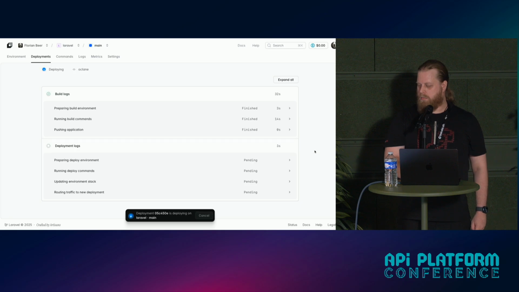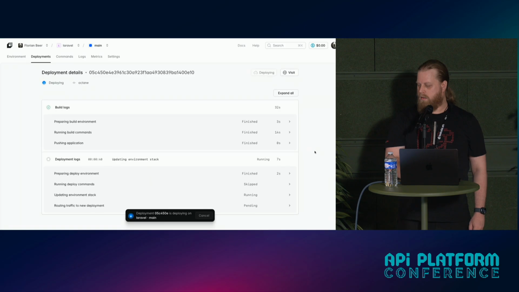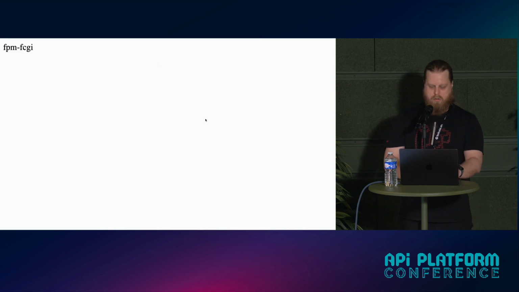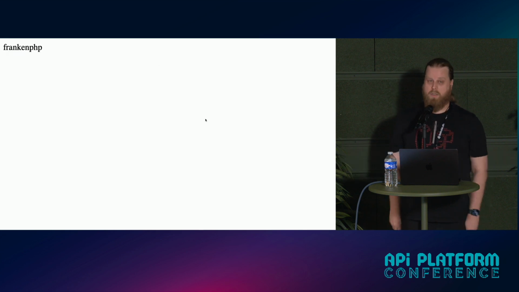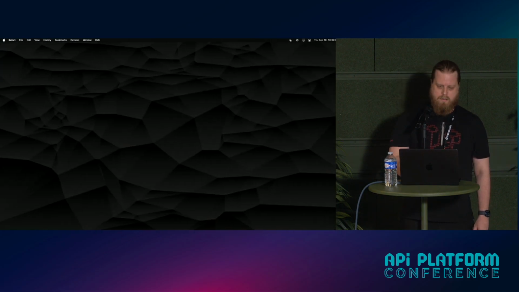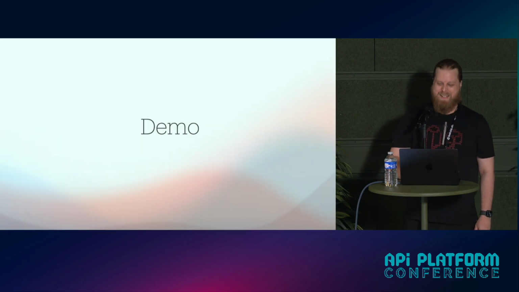And now the deployment, so it's rolling out the image on one of our clusters. And then we should be able to reload, and we're on FrankenPHP. So that worked. All right, thank you very much.